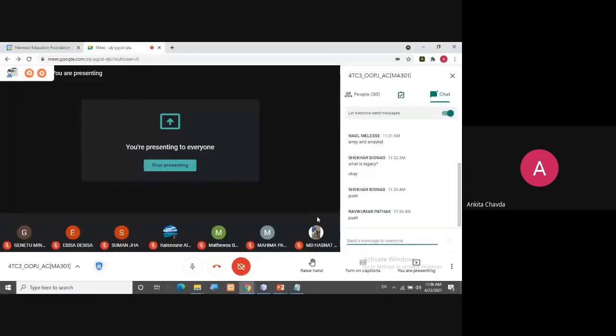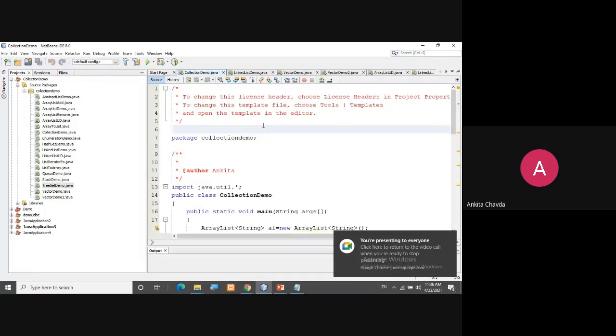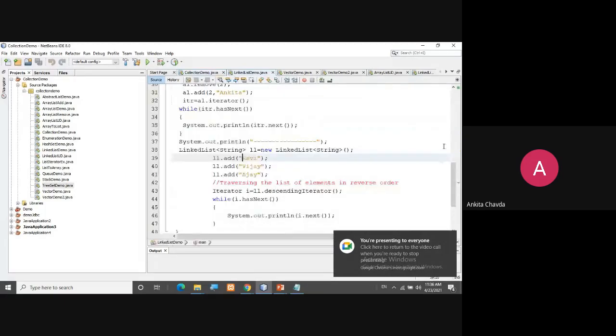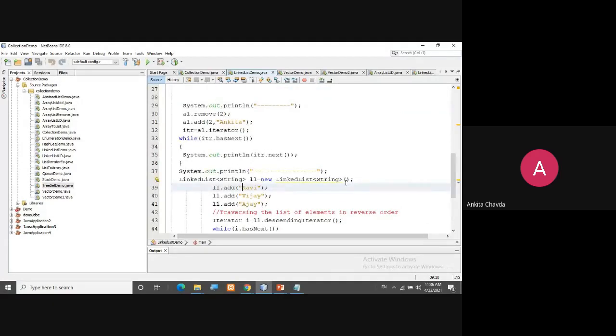So here we have finished with the theory, but we'll see the programs. Linked list demo, where I've added some sorting. This is what I've shown you, the descending iterator.